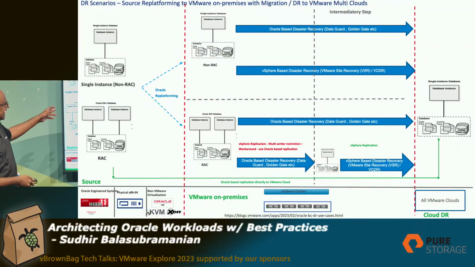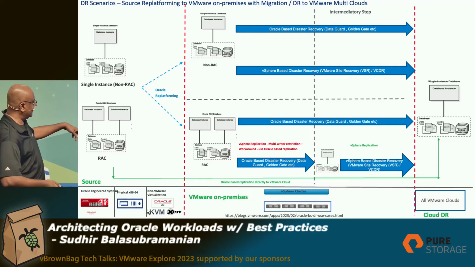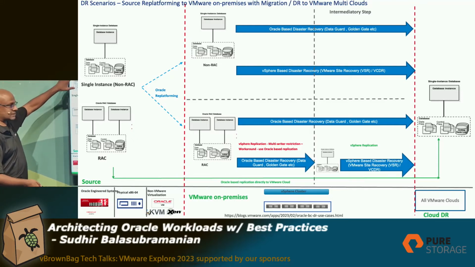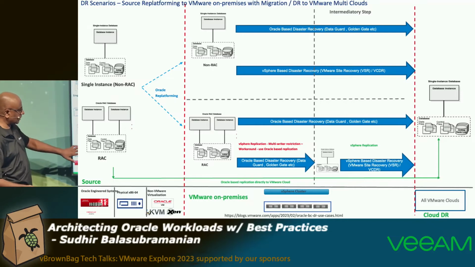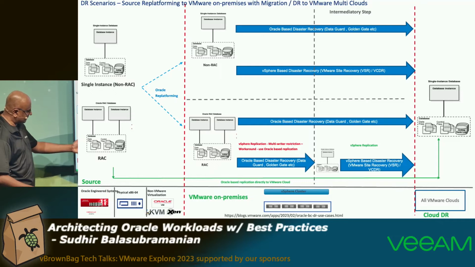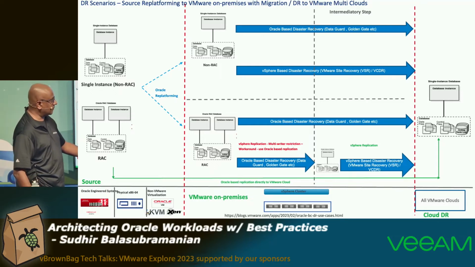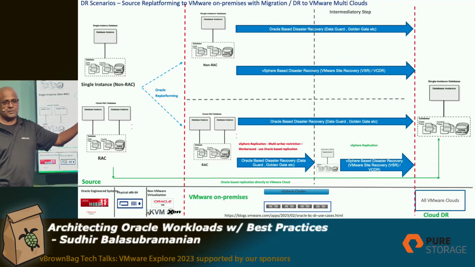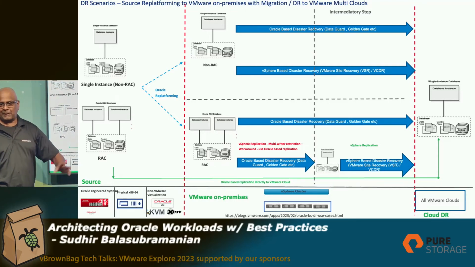So this is just another example I wanted to give you. I think I have time. Let's say you have to move from a single instance database or an Oracle RAC on source. Your source could be any of these, right? Could be your engineered system, physical x86, a virtualization platform. Once you land on a VMware vSphere level, I already spoke about the different levels of replication and business continuity,